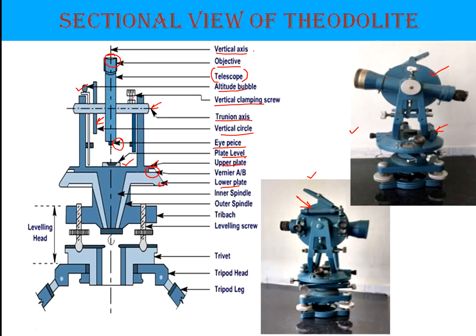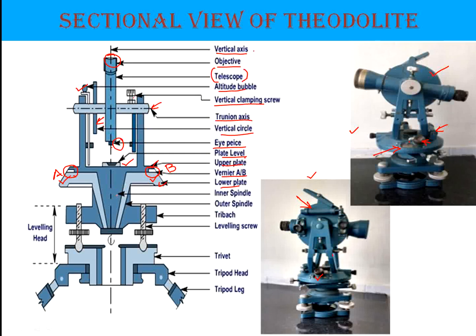two vernier slots are there. Okay, one will be the vernier A and other will be vernier B, which will be differing by 180 degrees. Okay, so these verniers are shown here. See, a slot is there where we can see these readings using a magnifier. This is a magnifier, and this will be on either sides of the circle. One will be here and one will be to the exactly opposite side. So that is shown in this figure. One will be here and one will be here. So vernier A and B.